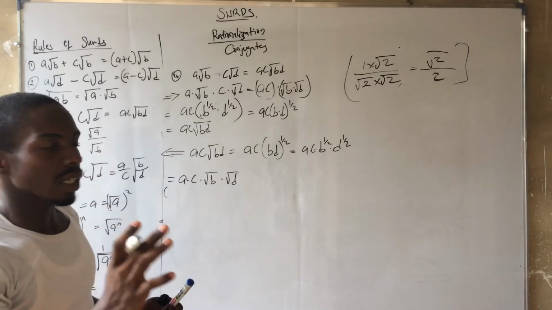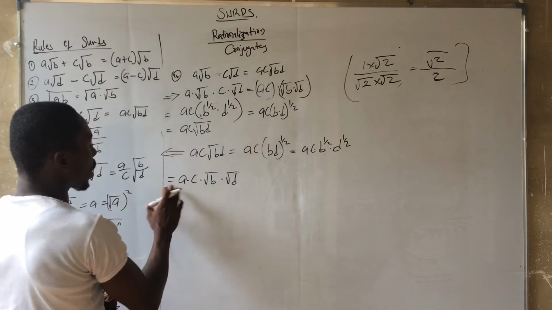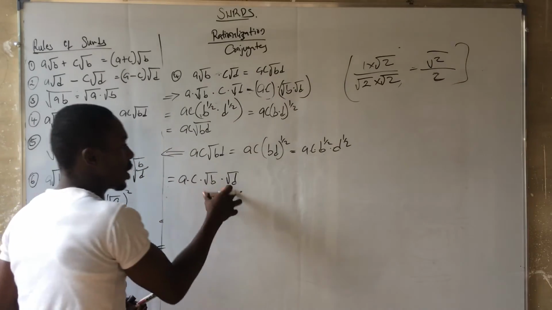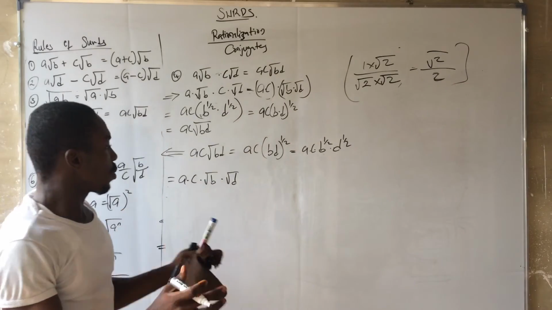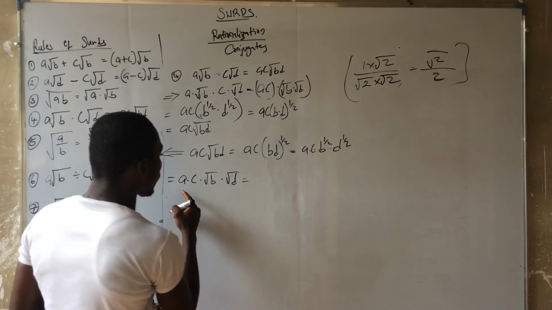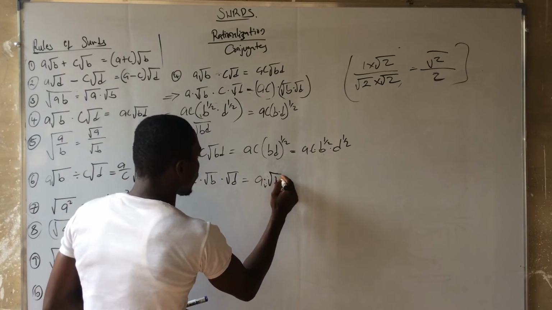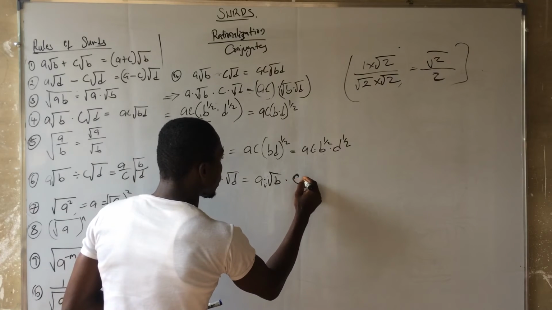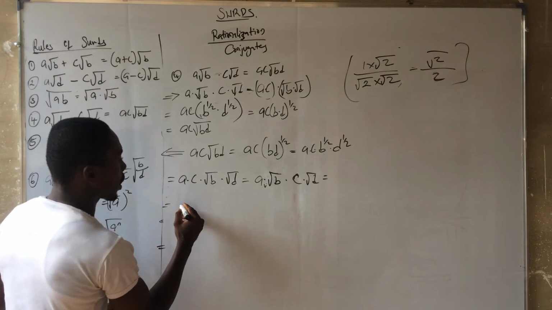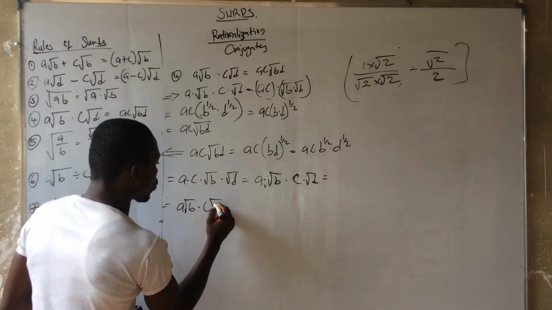Now, since what I want to prove is a root b times c root d, I'm not going to multiply together a and d. It's not going to give me what I need. So what I'm going to do now is multiply a by root b, and c by root d. So what I'm going to get now is a root b multiplied by c root d